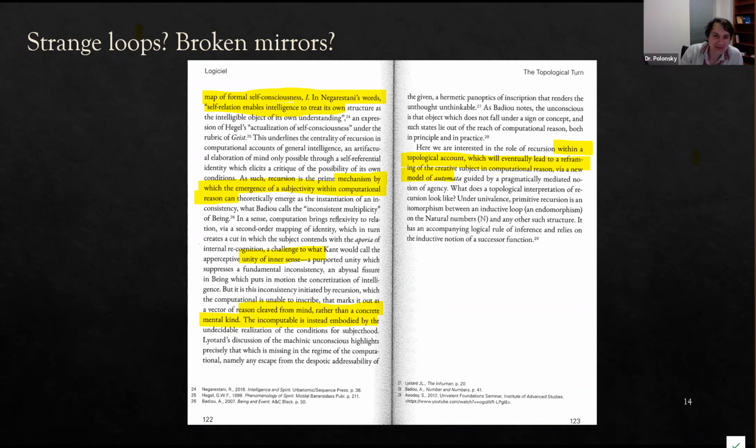Wait a moment. So what is this inconsistent multiplicity of being? Is anybody familiar with that? This is straight from continental philosophy, and I'm a little baffled by this. Manju, you read this, right? Do you have any thoughts on this? I have some vague ideas about what's happening here, but let me read this again. But yeah, so